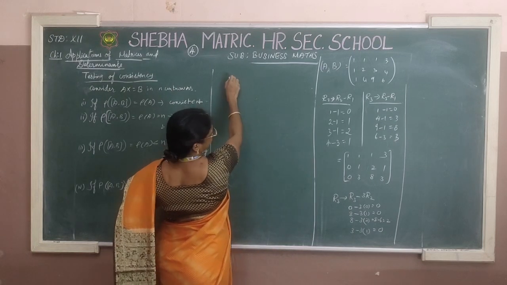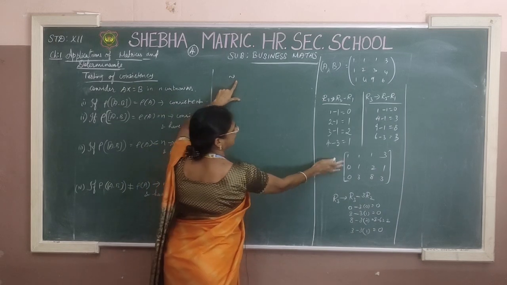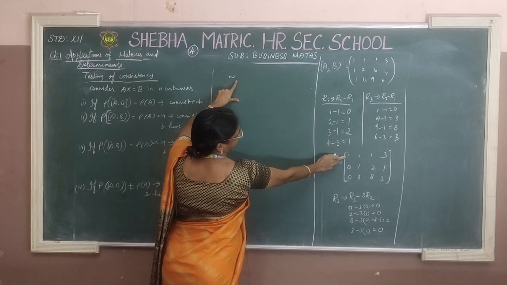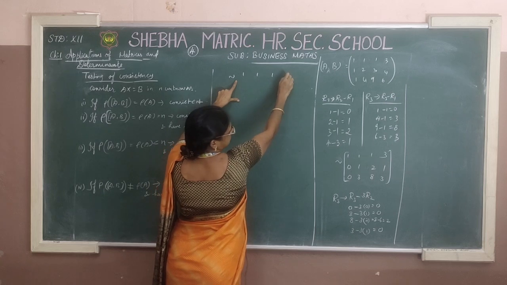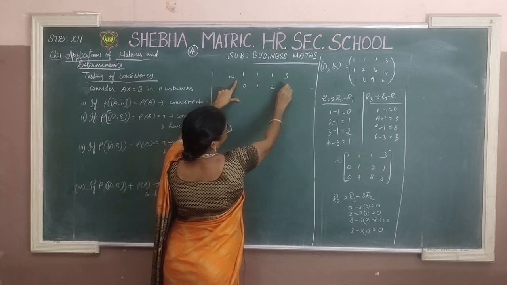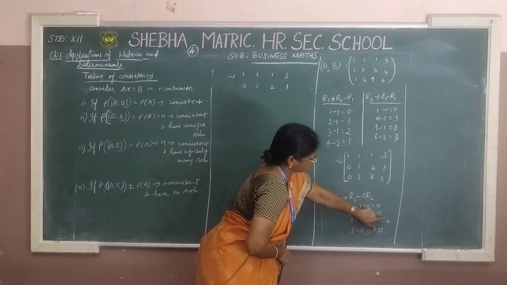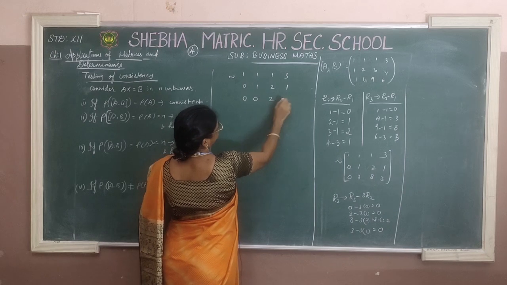Third row, is equal to, we have to use the tilde symbol. Here also we have to use the tilde symbol, which is equal to what? The first and second rows have no changes, so we write them as they are: 0 1 2 1. Only the third changes. Listen, 0 0 2.